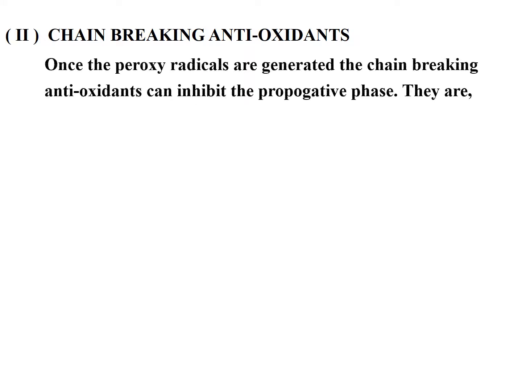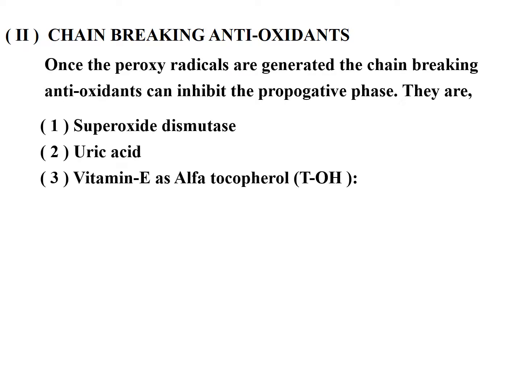Once the free radical is formed and generated, the propagation of this free radical is blocked by these chain breaking antioxidants. So they inhibit the propagative phase of the free radical, and the examples include superoxide dismutase, uric acid, and vitamin